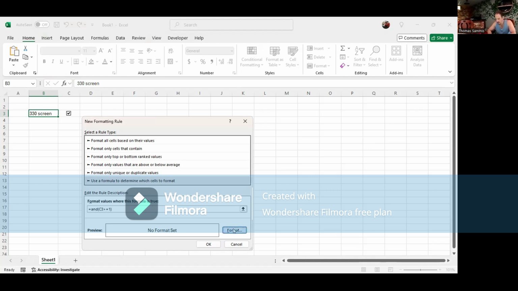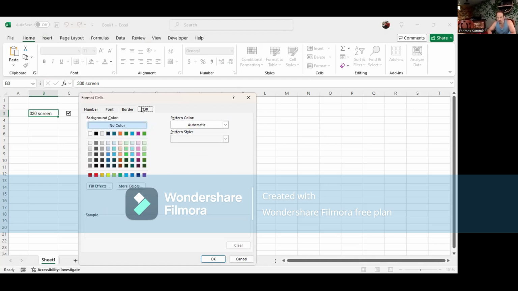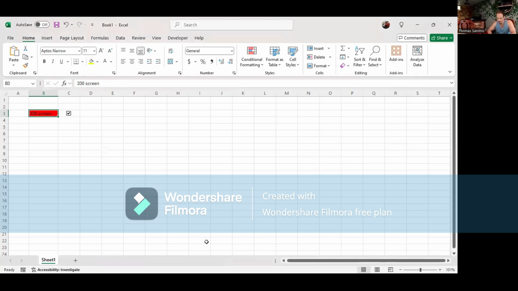Hit format to pick what happens. What are we trying to do? We're trying to make it change colors. Red. Then make it red. Okay. So now, oh, that's right. So this is always going to be red now